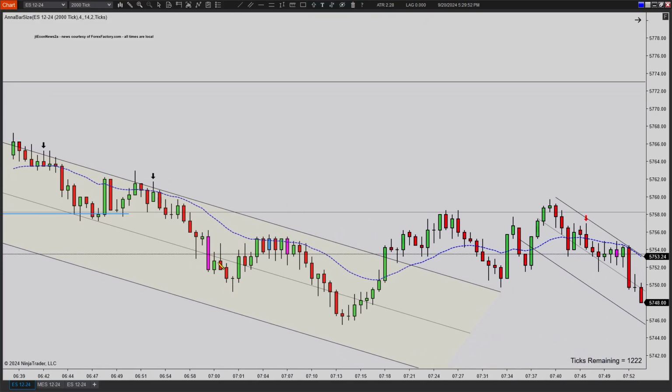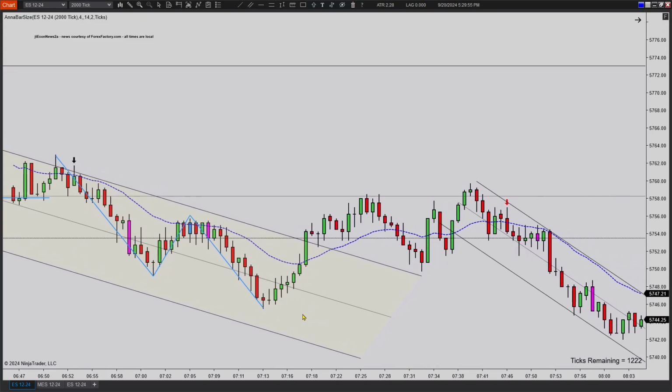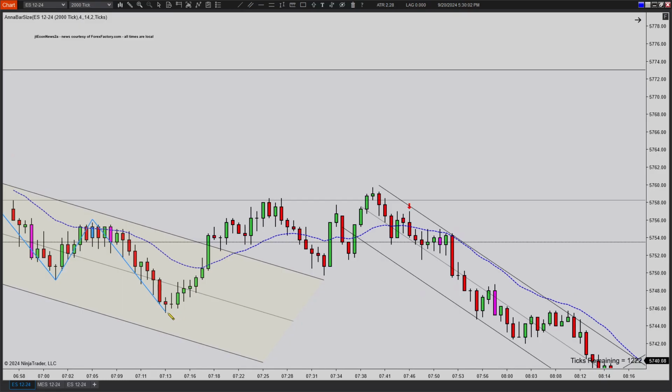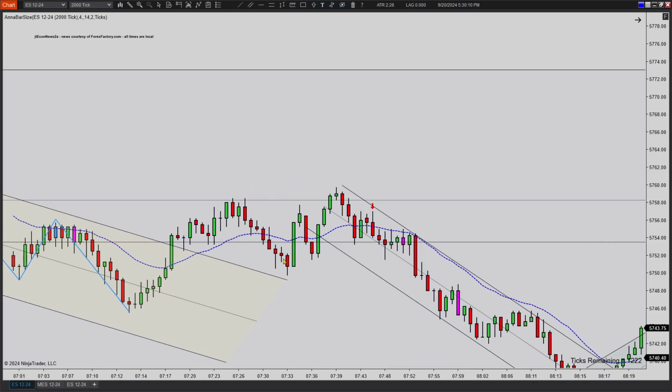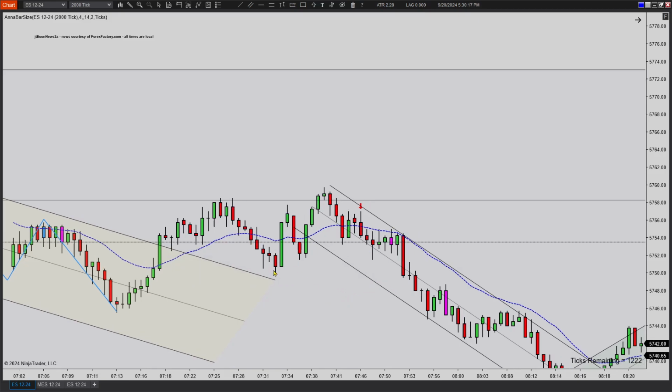Going along here with a move down, break, another leg down. You can clearly see it get to the lows here around 57.46, and then we have a nice little two-legged correction to the upside there. Gets above the EMA, then goes below it. I don't see anything in here. I think it's filling this fair value gap real quick, comes back, gets a nice double top, and then again,